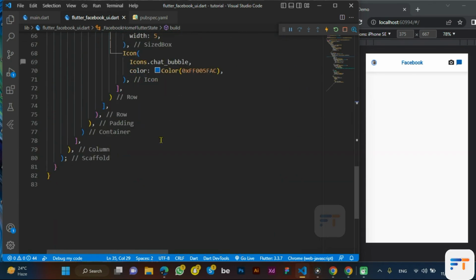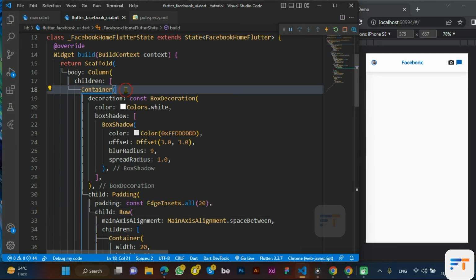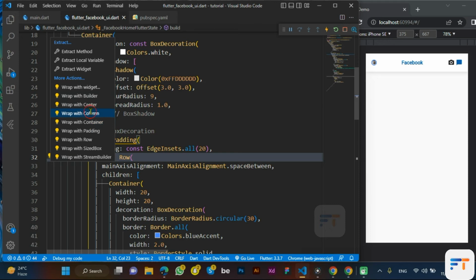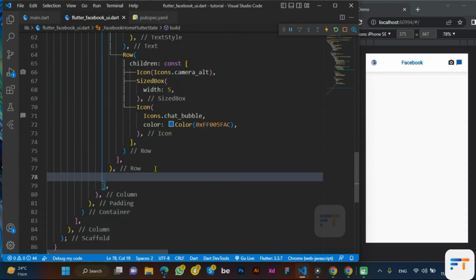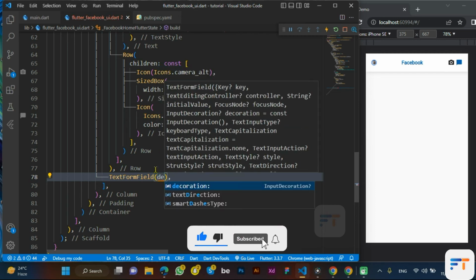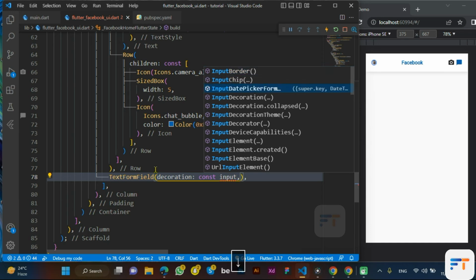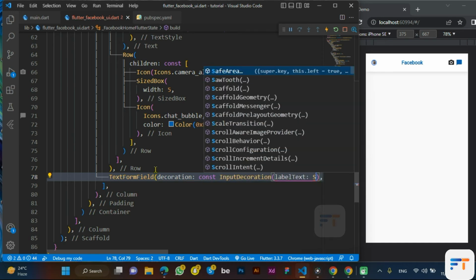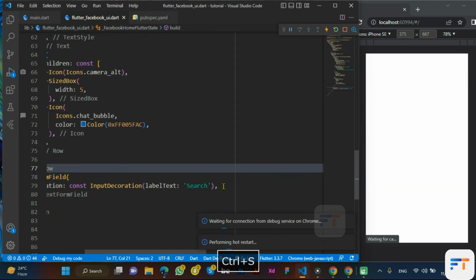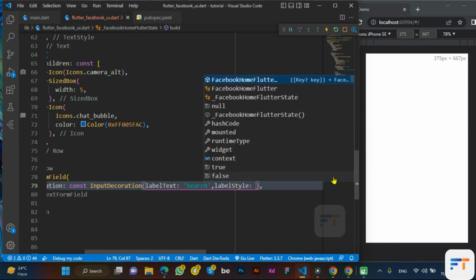Let's further move and add a column here to our row. So we'll have to start the next step. We will add a text form field to our created column. Decoration, const input decoration, label text, text should be search, label style, text style, color